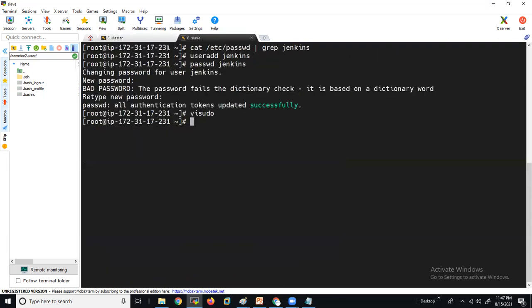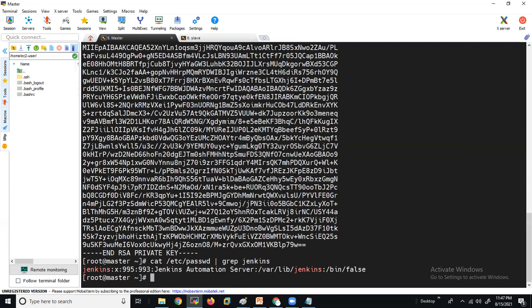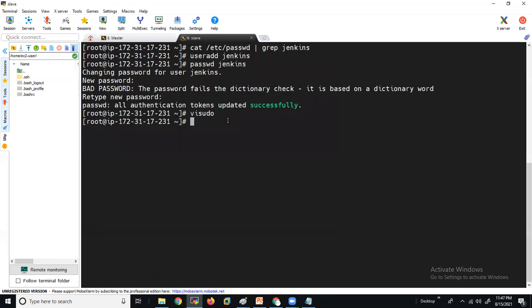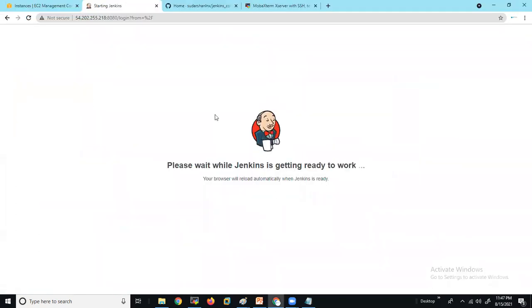So here the home directory is /var/lib/jenkins. That's why we took the file from there. In case you don't know, or if you forget the home directory, you can give this command. But in the slave, the home directory will be different, right? /home/jenkins, because it is a manually created Jenkins user. Okay, we'll wait.